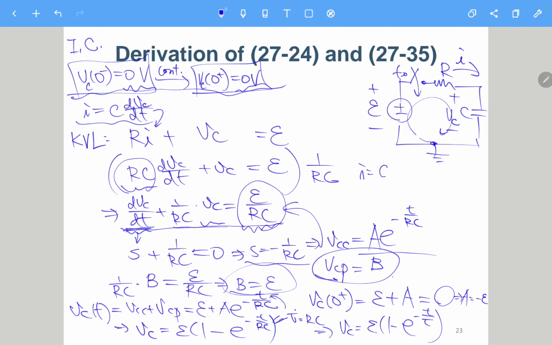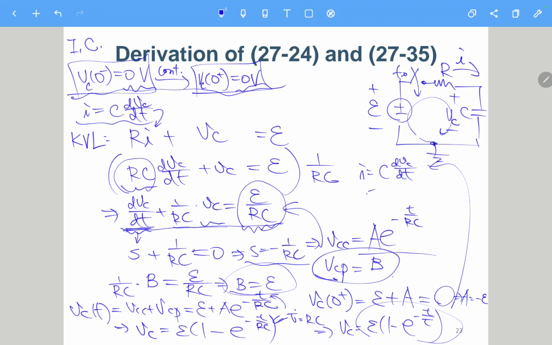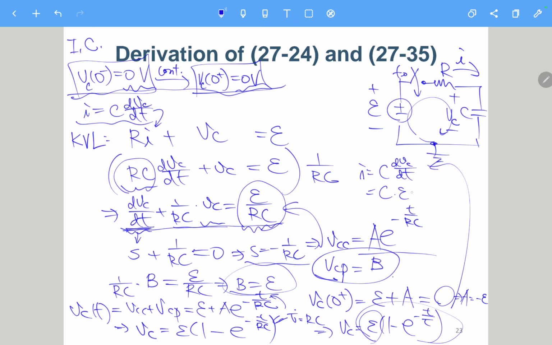I is nothing but C dVc dt. Okay, so that we can just plug in this one to here. So we will get C times dVc dt. So this is e, so we have e here, and then this is a constant, so taking the derivative will be nothing but 0. And then also here we have negative sign, and then negative sign, and then exponential to negative t over